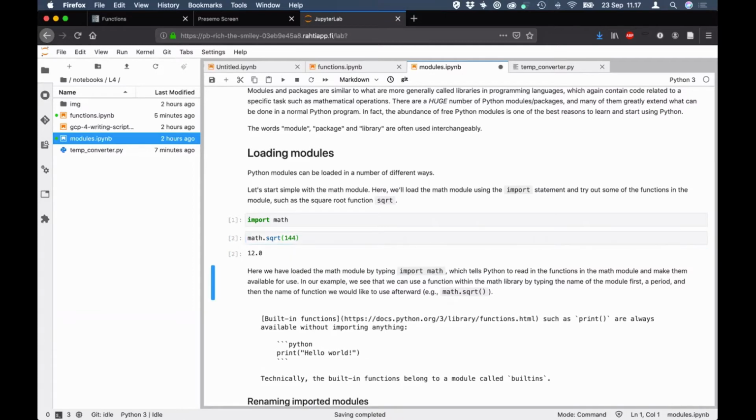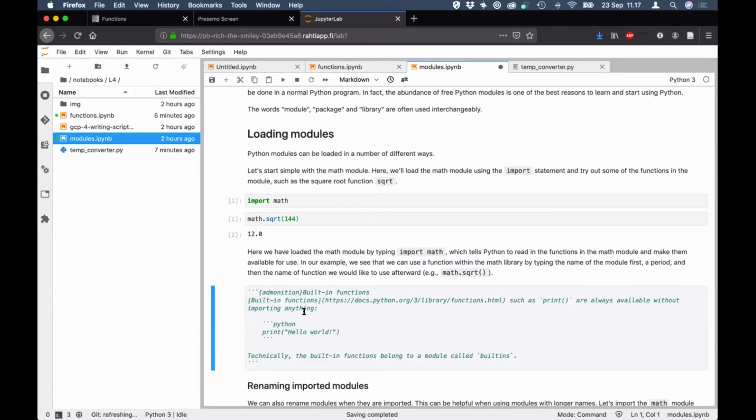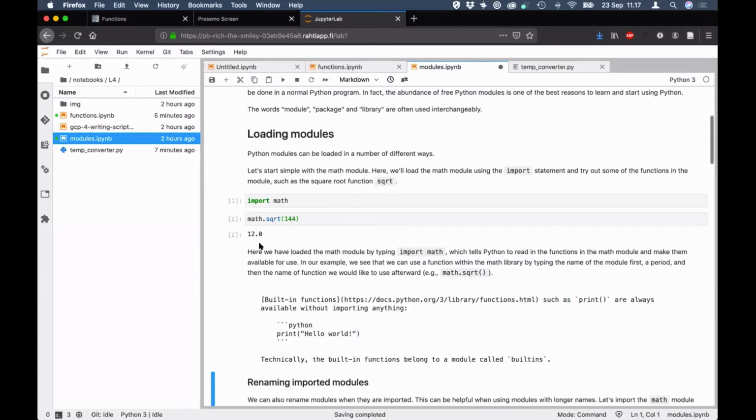When you run that, we use this function from the math module with this specific parameter. Same thing as we did with the temp converter function. And then there's this nicely formatted info box,